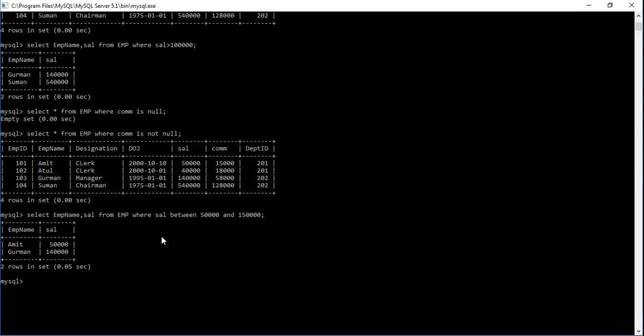So select, what we need to display here is name of the employees. So simply we'll write EMP name from name of the table EMP, where EMP name like.